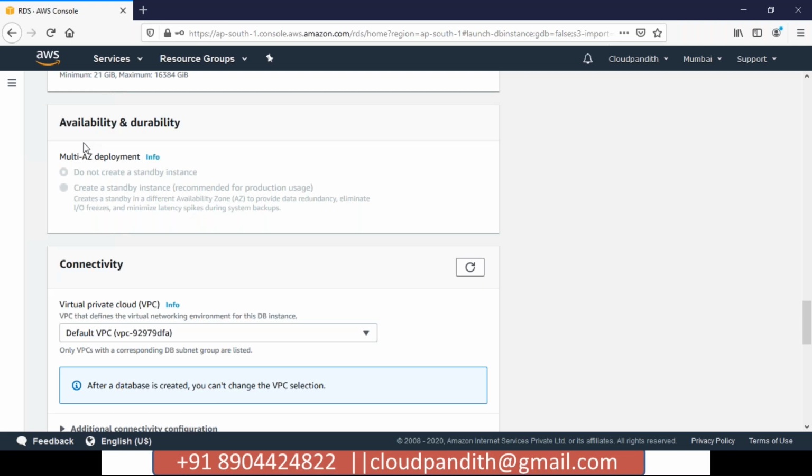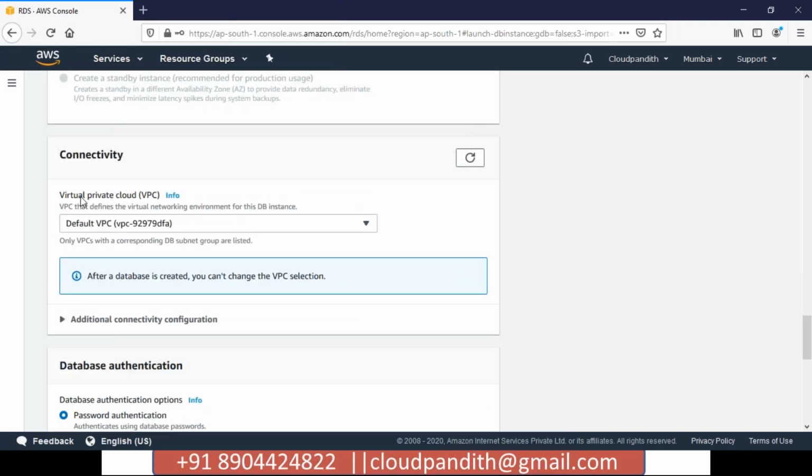In the same way, here also you need to create this instance. You have to launch this instance in two availability zones, so that if one availability zone is not available, you will have another availability zone. That's how your production instances will be launched, because you need high availability for your production instances. If a production instance is not available for 5 minutes or 10 minutes, there will be huge business loss. That's why we always need a multi-AZ deployment for production loads.